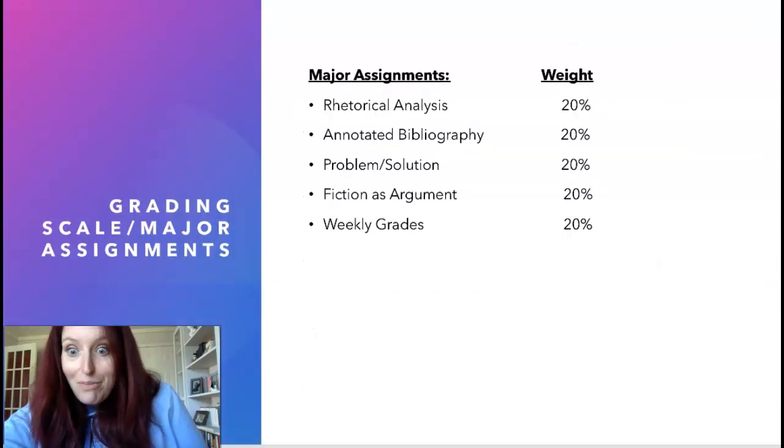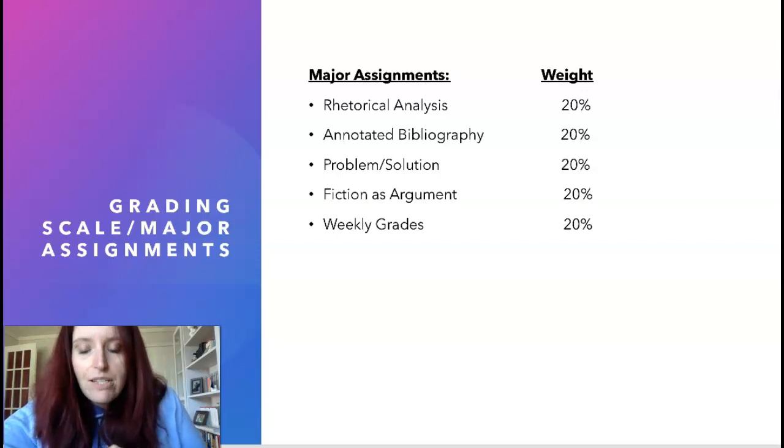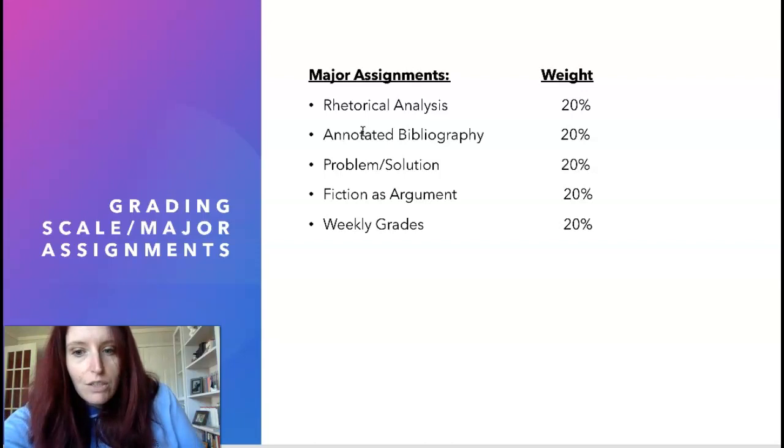The stuff that you are probably more interested in is the grading scale and the breakdown of major assignments. For my class, it's not a cumulative grade, it is a weighted grade. The 4 major assignments that you have are equally weighted at 20%. You'll have a rhetorical analysis, your first essay, which is 20% of your grade, an annotated bibliography, which I know you probably did in English 111.